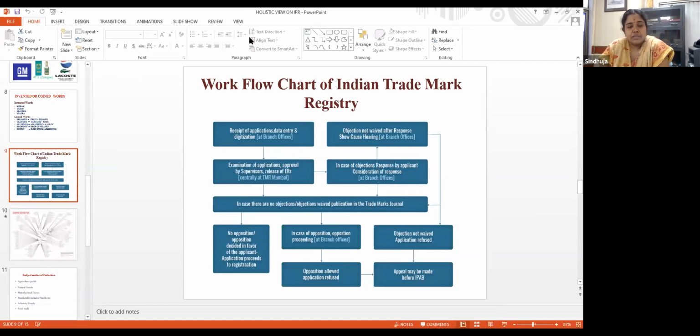The same thing applies even in the patent. When you don't support anything, unnecessarily objections would be raised against you, and you have to respond to them. So the problem arises when any compliance is not done properly by the people who are filing it or who are coming for the procedure, that is for the hearing or whatever. Here you can see two words, show cause hearing or opposition. Show cause means some preliminary objections wherein you are asked to answer for it, and there is opposition.